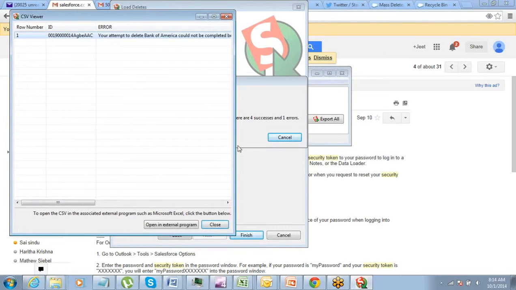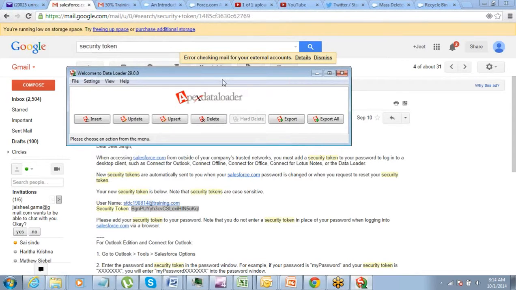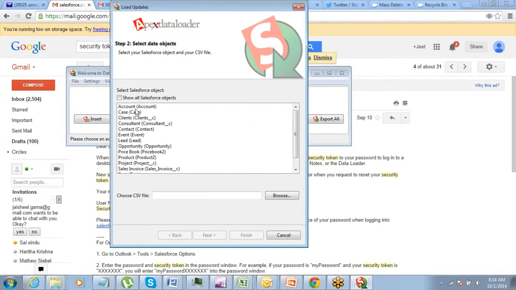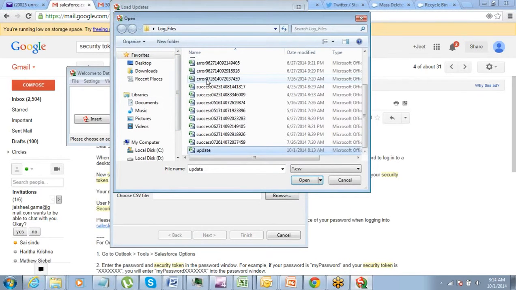Now go to the data loader and then click on close and click on update. So update what accounts? Browse the file I already have here.